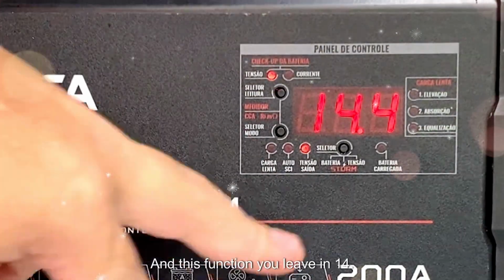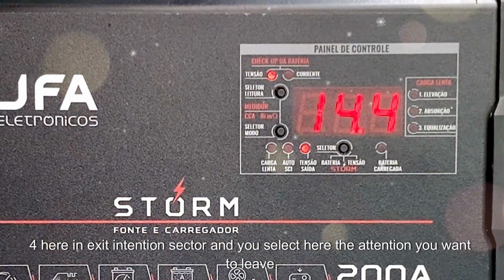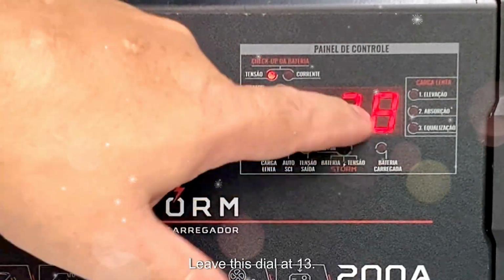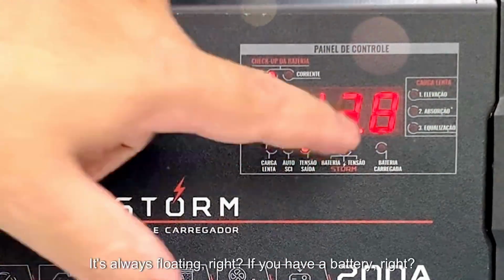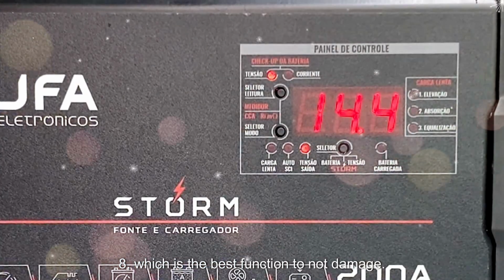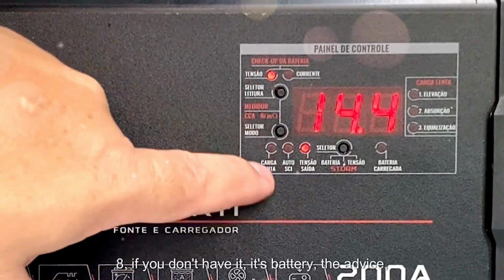And this function you leave at 14.4 here in the output voltage sector, and you select here the voltage you want to leave. There are a lot of people who use 13.8, right? Leave this dial at 13.8 so as not to damage the battery, right? It's always floating, right? If you have a battery, right? If you press here, oh, it goes up to 13.8, which is the best function to not damage. It's like a slow charge at 13.8. If you don't have a battery,